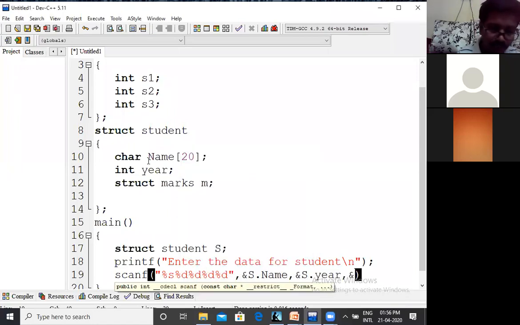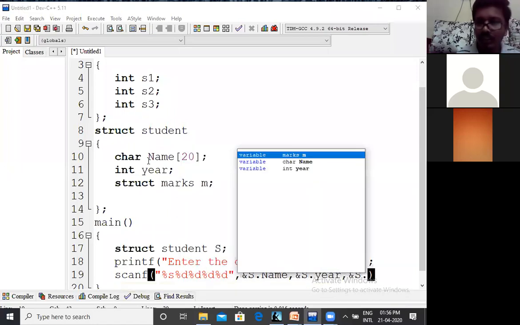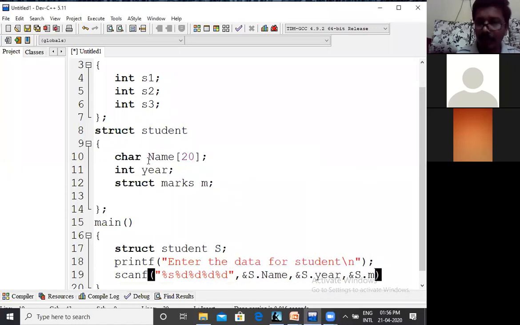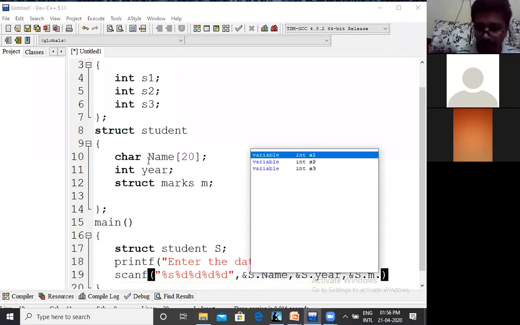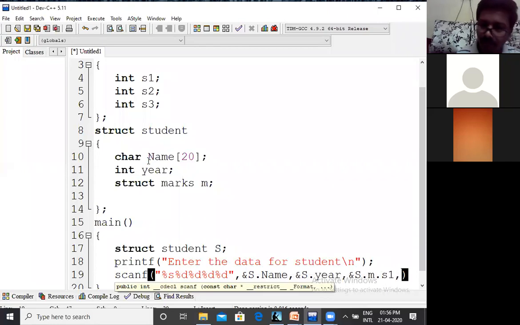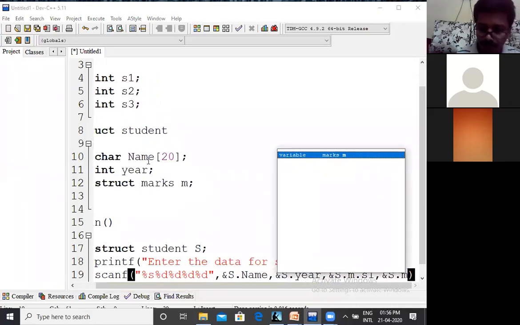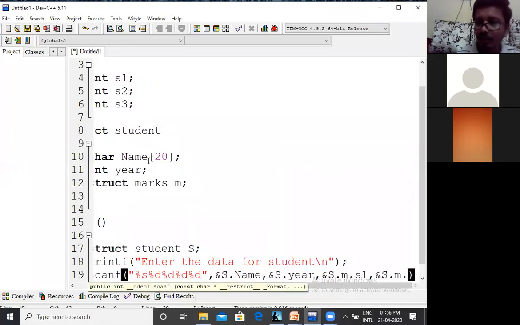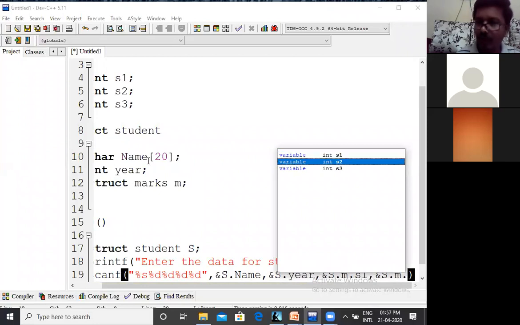Next ampersand capital S dot marks, again m access s1. Like that, ampersand capital S dot m dot s1, already clear.